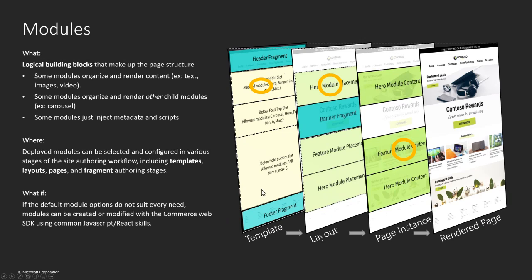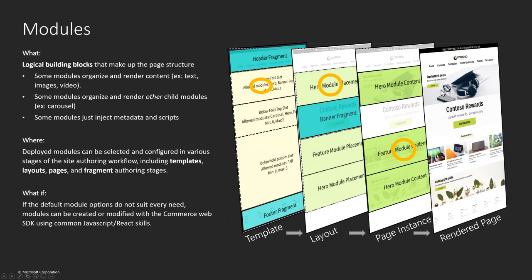And what modules are, we've picked the term from the JavaScript library React, and the way they determine what a module is in that language is that it's a logical building block for your site. So you can think of that as some unit of reusable structure for a web page. And some of these modules can organize and render content. That would be like rendering a big image here, like on this page, and text, saying some marketing text,